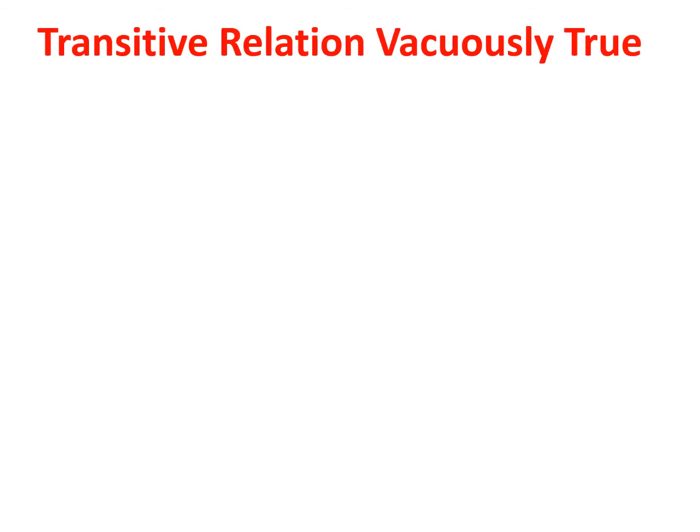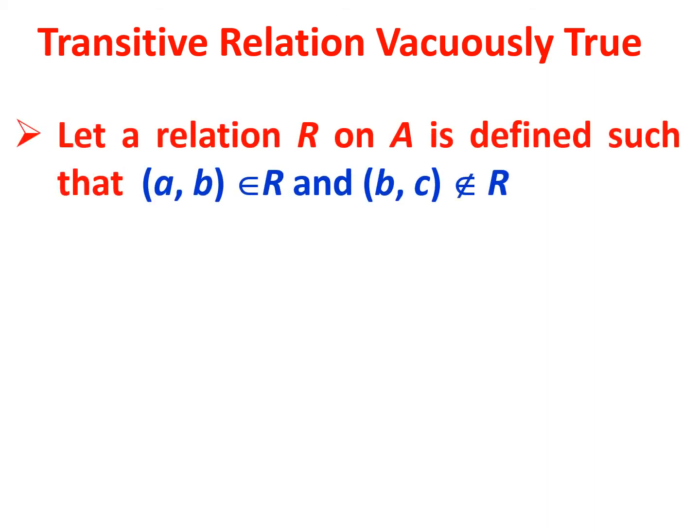We have seen how to check the transitive relation, and here we have to be very careful. There is a special case where transitivity is taken as true vacuously. What is the meaning of it? Let us see. Take a relation where (a, b) belongs to R is available, that is, 1 is related to 3, but in the relation set you are not able to find 3 related to anything. For 1 related to 4, 4 related to something is also not available. Only 1 is available, then I am not talking about it.